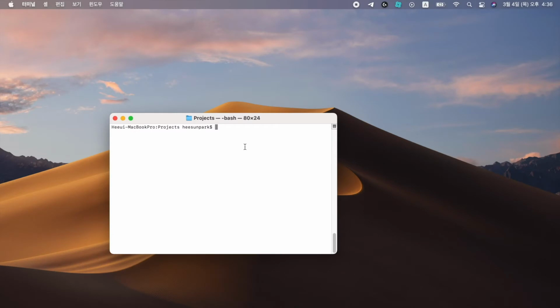First, you need a command line prompt. If you're using Windows, run it using CMD. If you're using a Mac, run the terminal and configure the same environment as me.